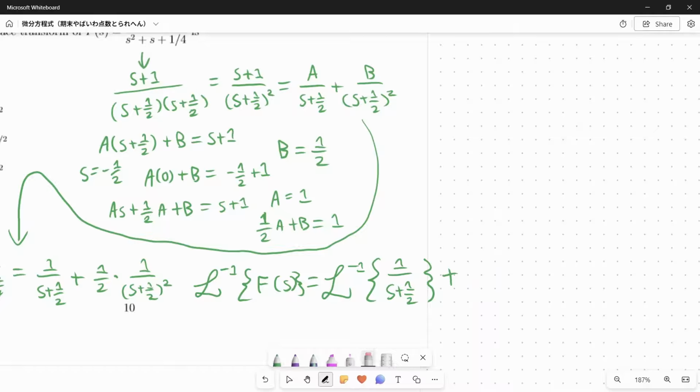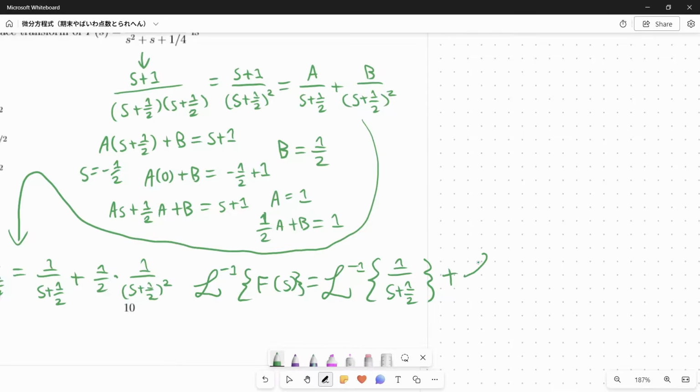Basically, let me rephrase. When it comes to splitting up your inverse Laplace transform, it's similar to when you're splitting up an integral into smaller parts, where you take out your constants and split it up into smaller integrals and evaluate each of the parts individually. So we have a constant here, so we can take that out of the inverse Laplace transform and say that the inverse Laplace transform is equal to the inverse Laplace of this